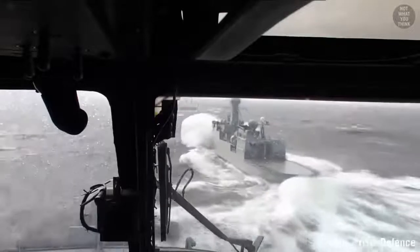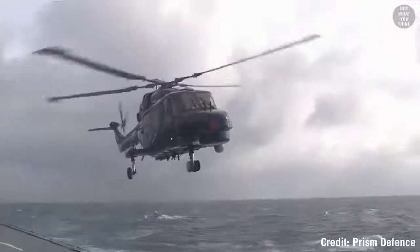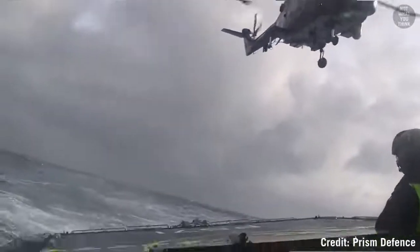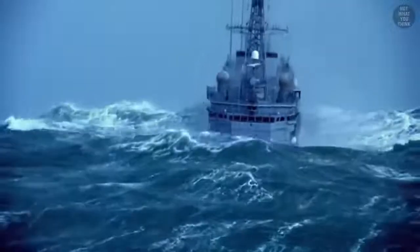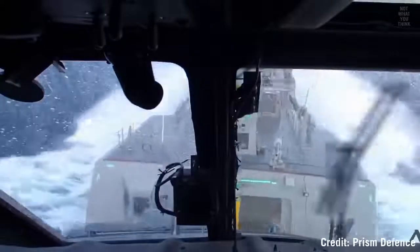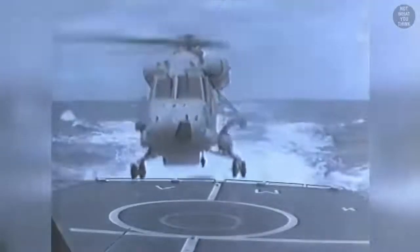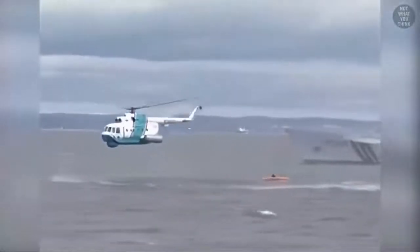It may surprise you, but helicopters can routinely and safely land on the flight deck of smaller ships in rough seas while the ship is not only moving but also rolling from side to side. Even though there is very little room for error, the landing is a bit easier than you might think, thanks to the bear trap. That said, sometimes things can go wrong, and for that reason, there are two standard emergency